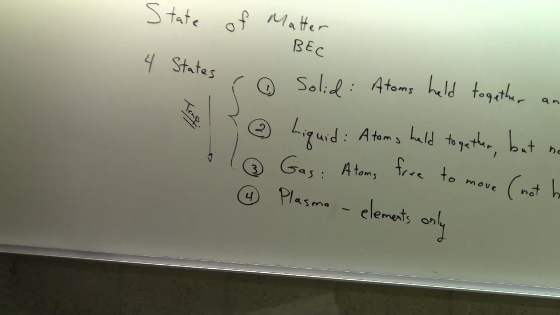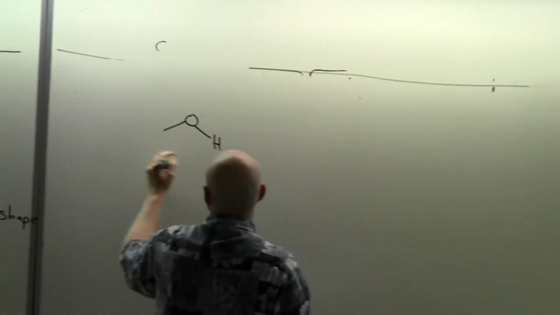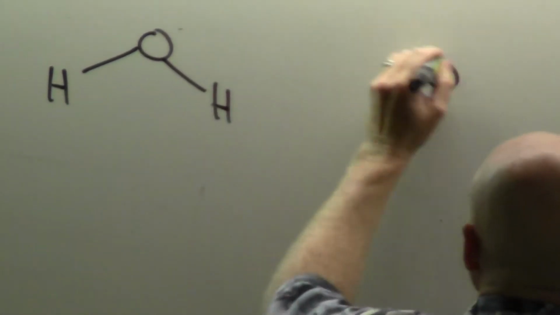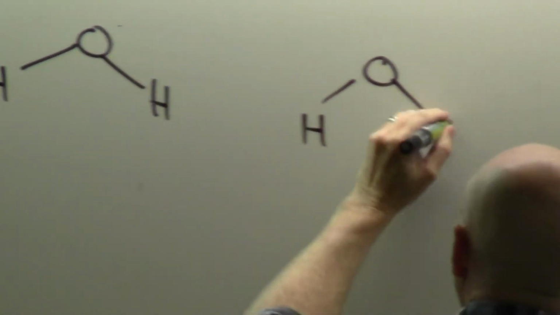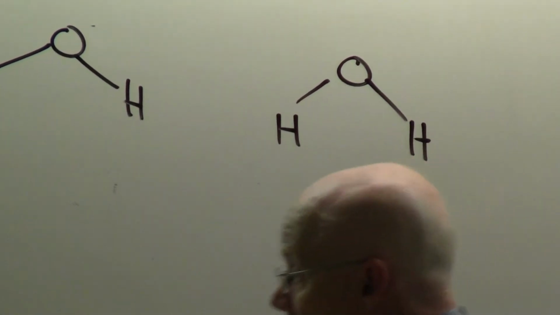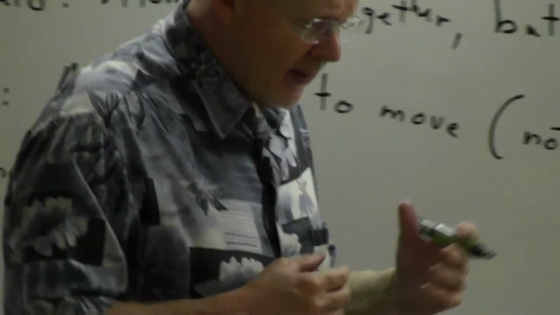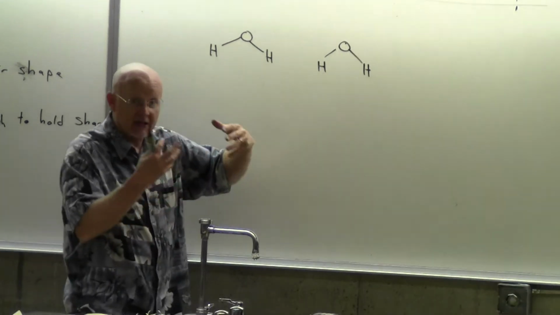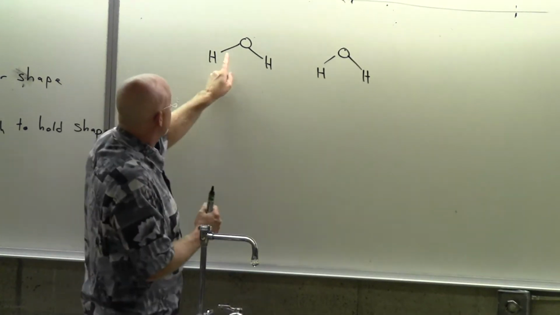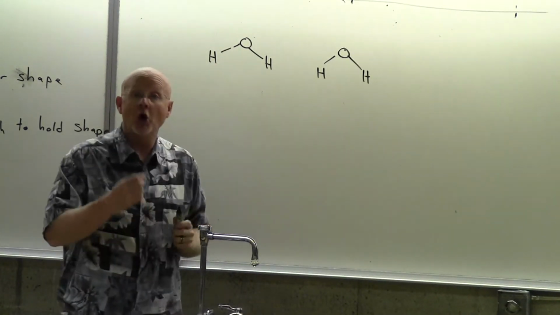And maybe this picture is the best picture to describe. Here's my H2O, and if I have a bunch of H2O and I start warming it up more and more and more, it's true that the H2O will get to a gas. In other words, it will become a gas and the bonds between the molecules will break apart. That's what makes it a gas, before the bonds between the H's and the O break apart.